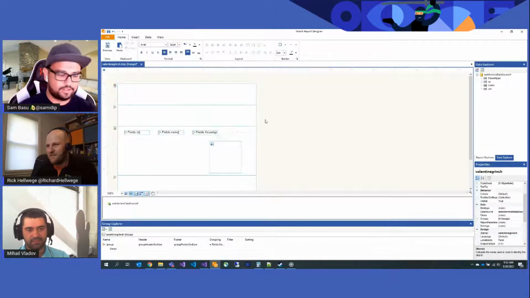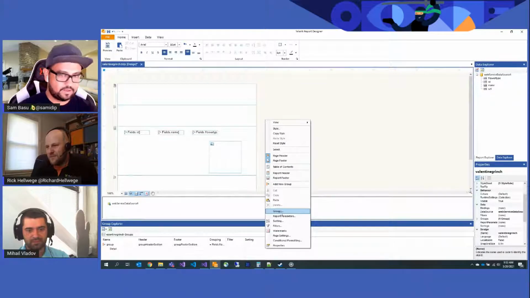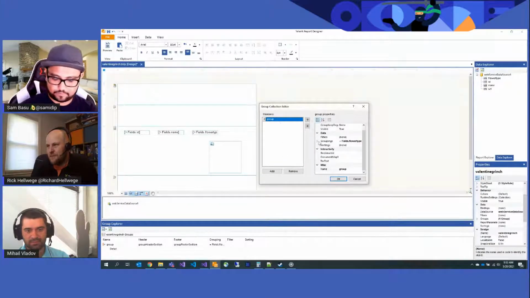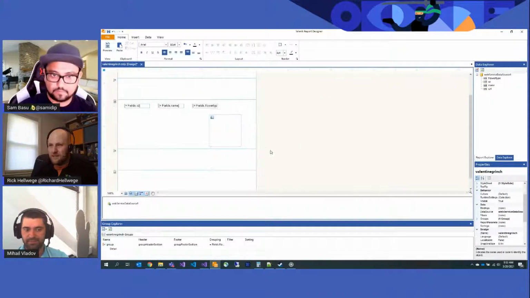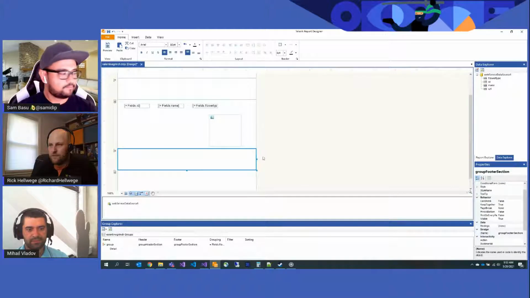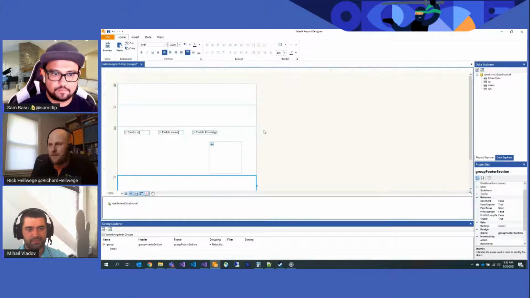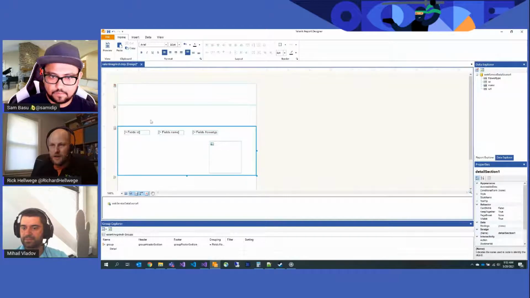There you go, authenticator. So I created my grouping just by going to groups, adding a group, setting the grouping field to the field I want to group by, and hitting OK. Telerik Reporting is going to do everything else. It will create a group header or a group footer for me. What that does is that for each group, you're going to get one unique header and footer. And then within that group, you'll get one copy of the detail section for each item in the group.